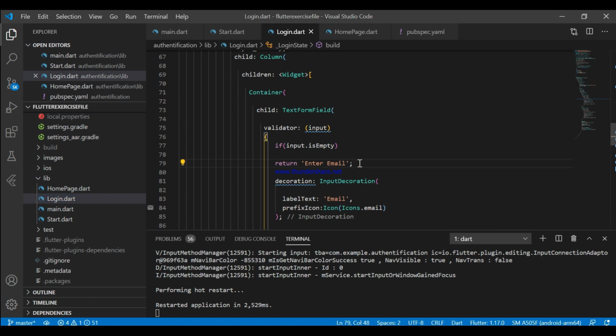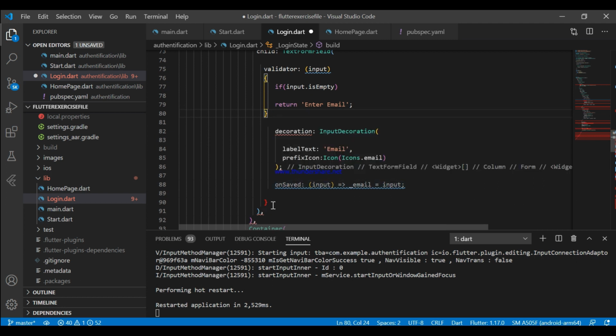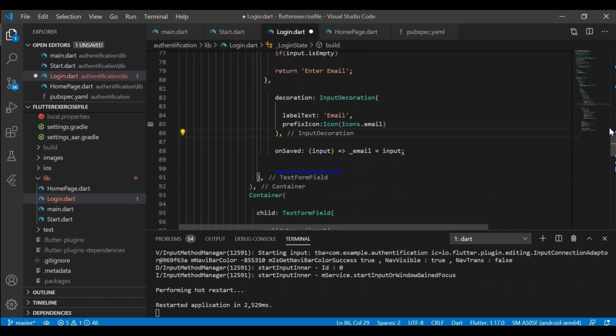Oh, sorry. I've added all the decoration part inside this validator. Sorry for that. Now it's all good. Now let's fix the same error for the password validator part as well.